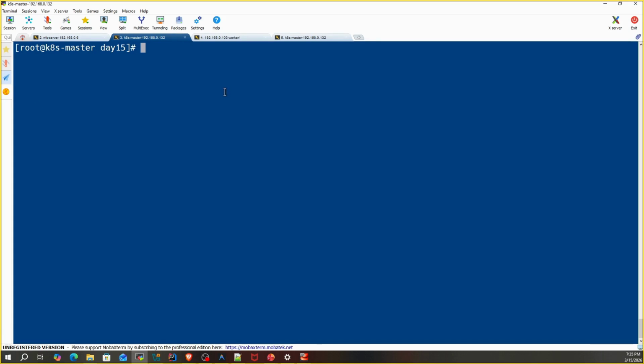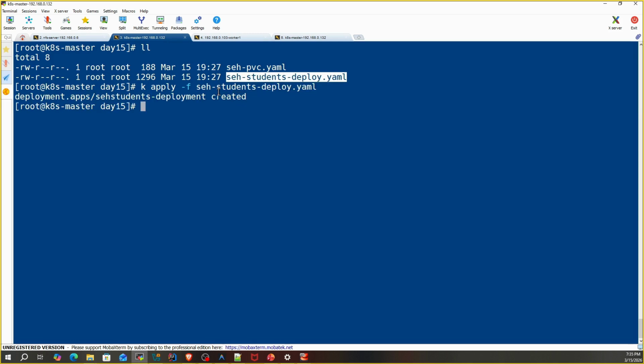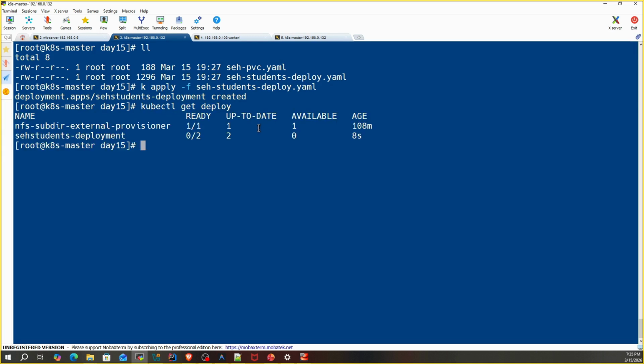Now let's deploy our application using kubectl apply -f students-deploy.yaml. Deployment created. So validate the deployment using the kubectl get deploy command. So the deploy is getting created here.